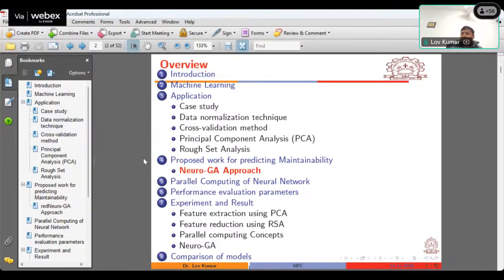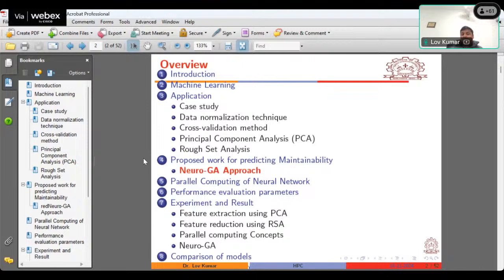So we will discuss our data set. Parallelly, we will also discuss one technique that we have used for normalization, and I will give you the reason why we are going for normalization of the data. Next, we'll go through the different types of validation approaches, and how we are using the cross validation approach. Then mainly I will discuss the neurogenetic approach, meaning how we have applied the genetic algorithm on neural network